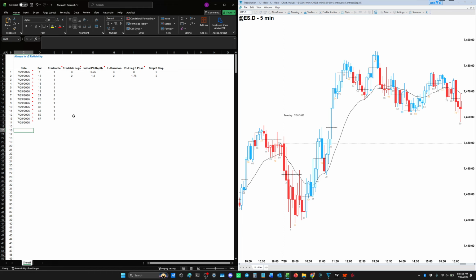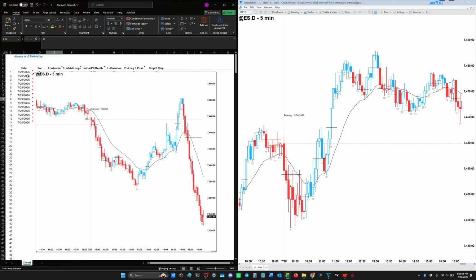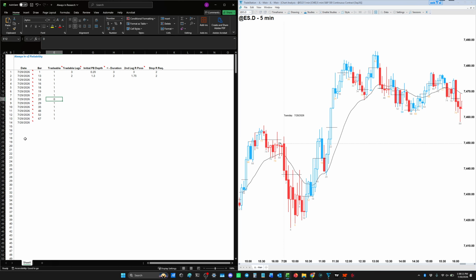Like if I wanted to look back at this data and figure out, okay, what happened on bar 21? Why did this signal fail on bar 28? I can hover over this image and look at bar 28. That's failed because there was a strong reversal afterwards. Maybe you could have traded it. I'm going to say that you could not, because I would not trade that. So anyway,